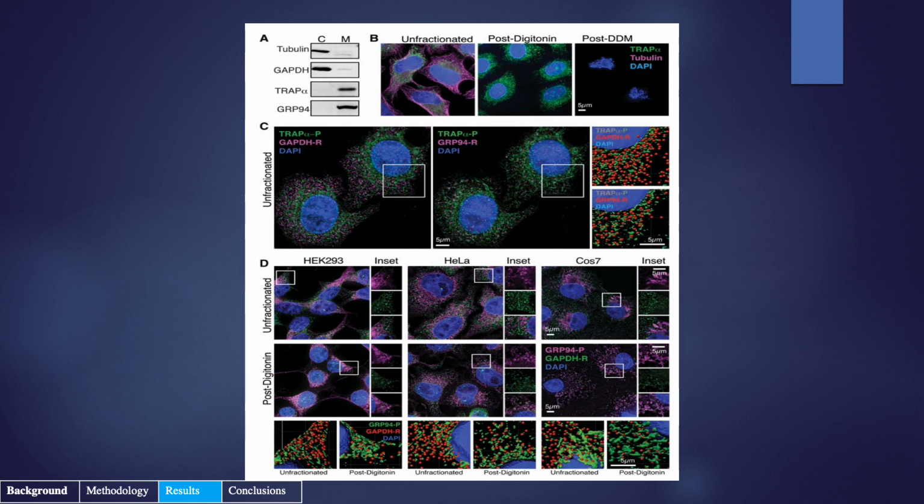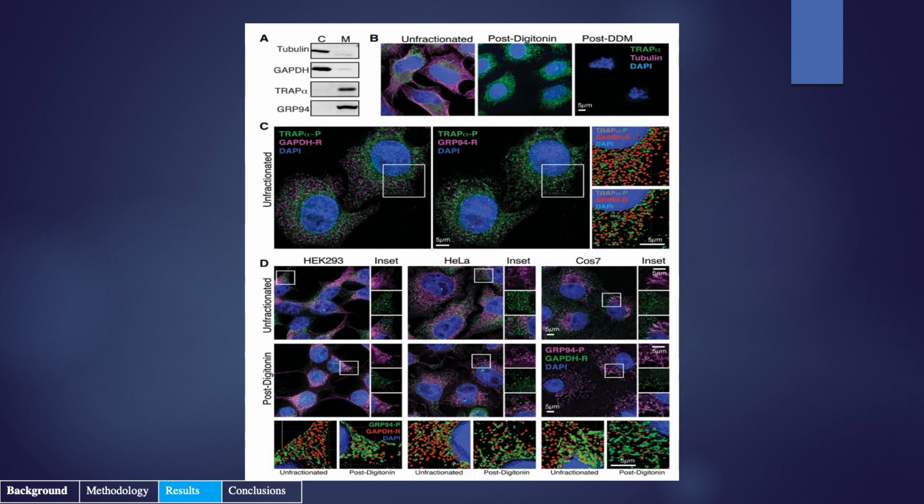In B, it's an immunostain used to detect and better distinguish the cytosolic mRNA versus the ER-localized mRNA. So that's what's being shown there. In C, we see that GAPDH and GRP94 are visualized, and there was found to be an ER protein marker in both, which is highlighted on the figure, or boxed. And then lastly, D is the immunostaining and the single molecule RNA fluorescence that I talked about